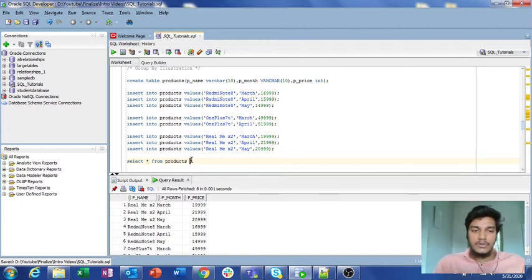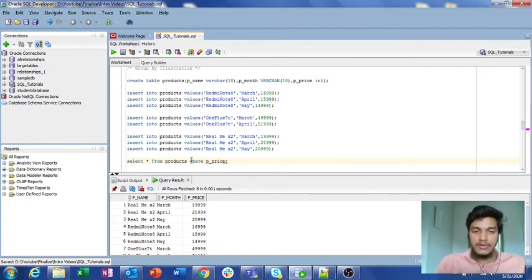In order to show the BETWEEN operator, here: select star from products where, we need to add that particular operator for the price. I want to check the condition that the price is greater than 20,000 as well as less than 40,000, and filter those records. Sorry, not salary here, p_price.